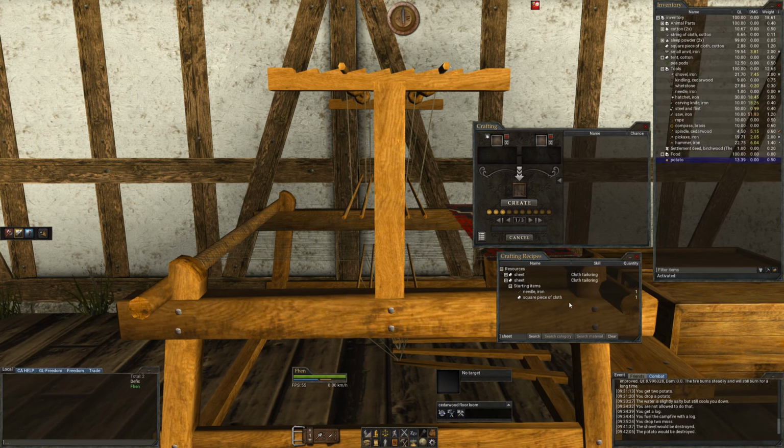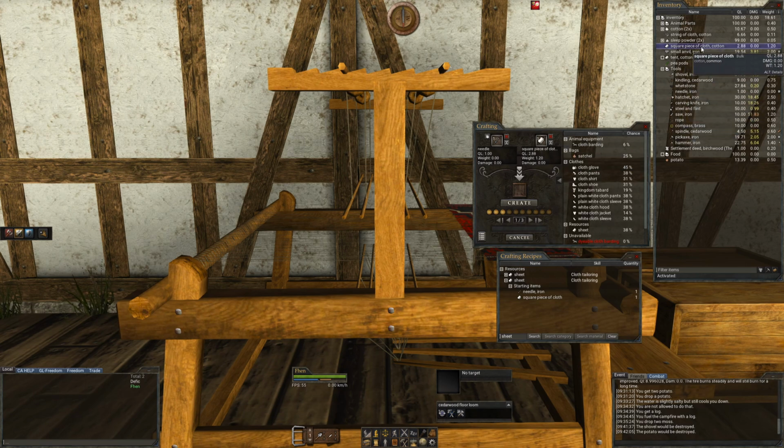So now we're going to try and make the sheet that we need for our bed. So my iron needle goes into the crafting window, and the square piece of cloth. I hope there's enough cloth. I had to go and forage some cotton to end up with enough, because you need a certain amount of cloth to make the sheet with. So I'm hoping